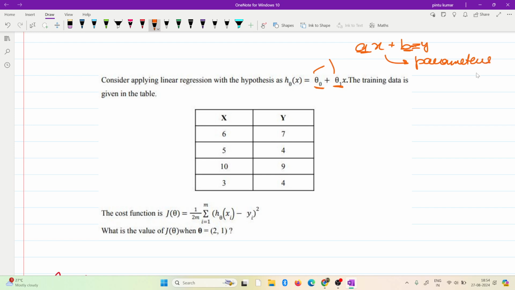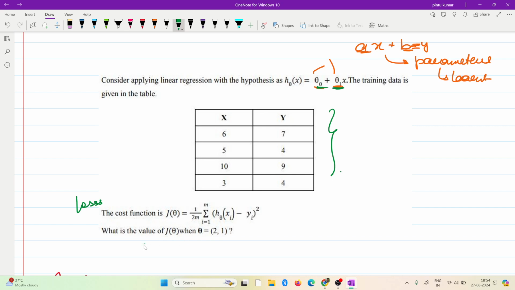So these parameters need to be learned. And this is just a name for these coefficients. So these are called parameters of your model. So here we have theta naught and theta 1 as our parameters. Okay. And the training data is given by this table. The cost function or the loss function